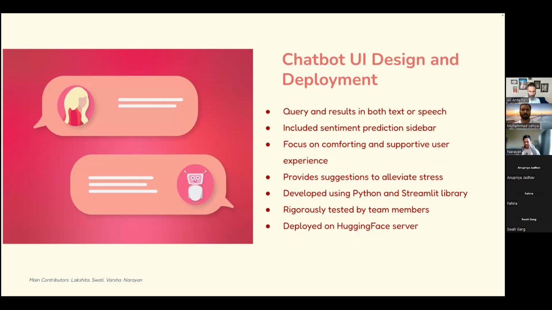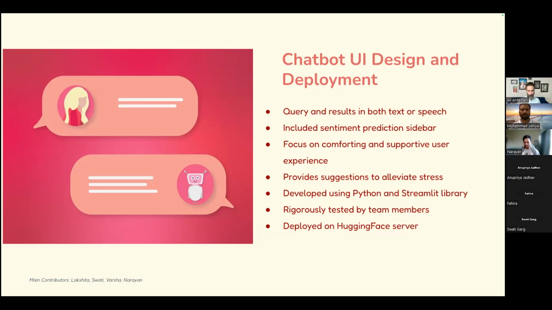In a nutshell, our chatbot has a feature for giving input as speech, or you can enter text as well. And using the XGBoost classifier, we are able to classify whether the text is in a negative tone or positive tone.